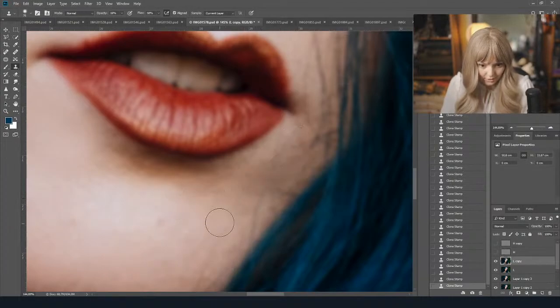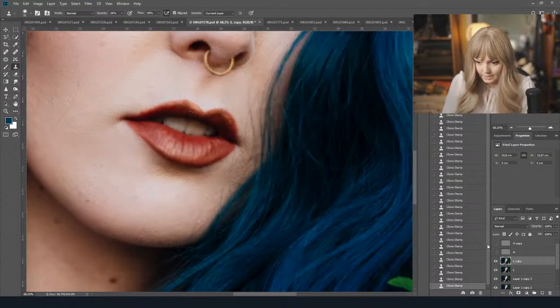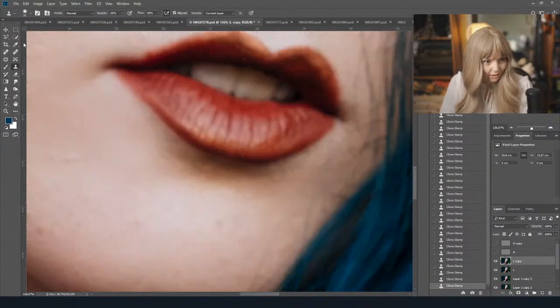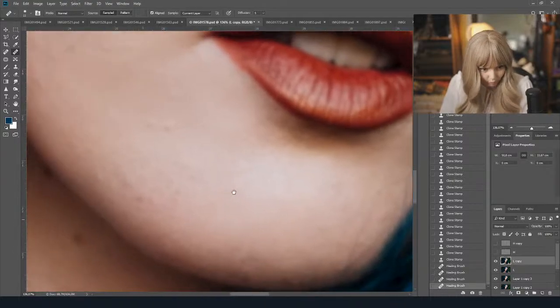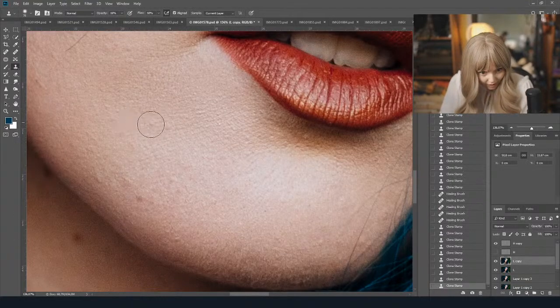So as you can see, there's also some texture in this. By turning on and off this part, you get the texture back in. So you can actually see this thing under here is a part of the blurred layer, the low frequency layer. And you can remove them on here, and when you turn on the texture layer, you have just kind of